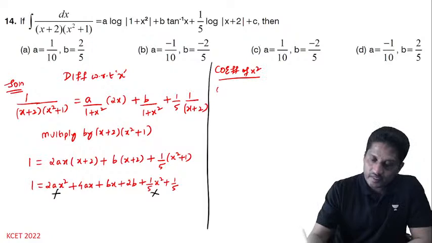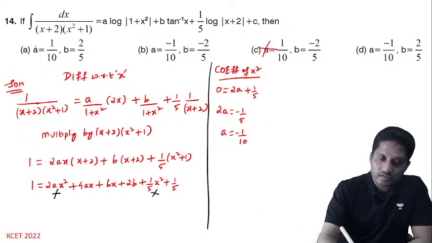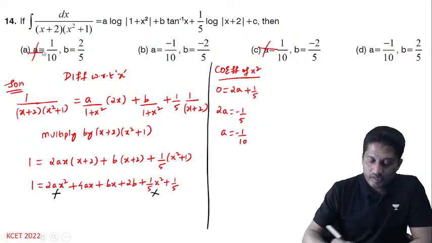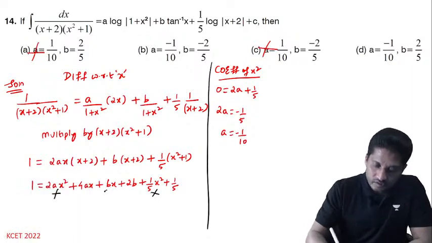left side it is 0, right? Right side coefficient of x square is 2a plus 1 by 5. You will get 2a is equal to minus 1 by 5, a is equal to minus 1 by 10. Alright, a is minus 1 by 10 means this is ruled out and this is ruled out. Now I want b, right? If I equate coefficient of x,